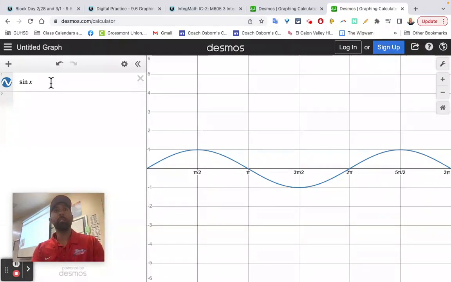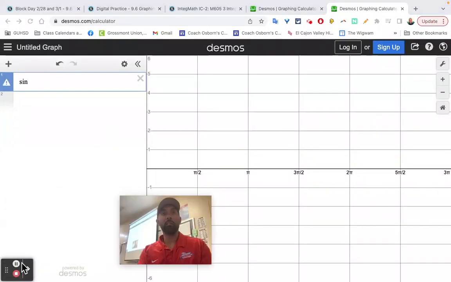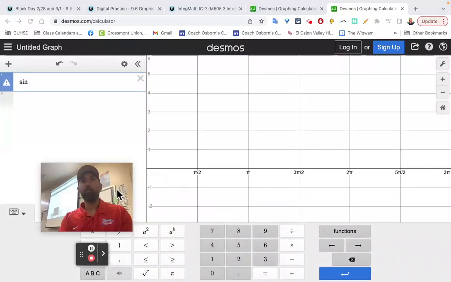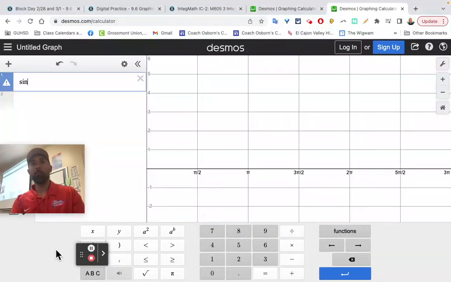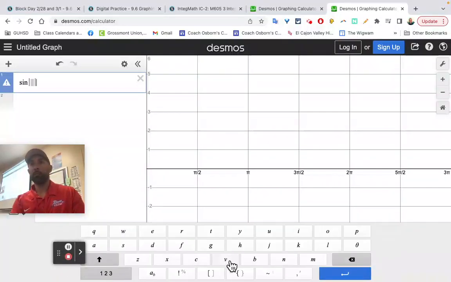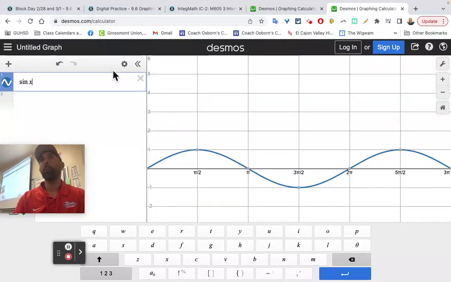And actually, this also does theta. So if I move myself out of here, where's that little keyboard? There it is. So now if I look for theta here, where is theta in here? There it is. So I can put theta if I want and type that in there and put like +2, and it should recognize that or no? I guess it doesn't like theta. All right, we'll have to figure that out. Just use x for now. Okay? All right, so that's just one way